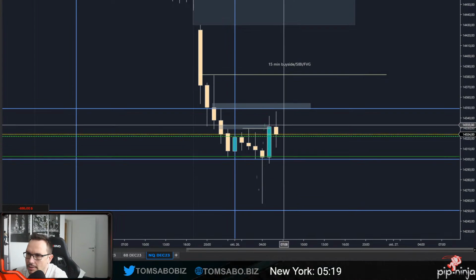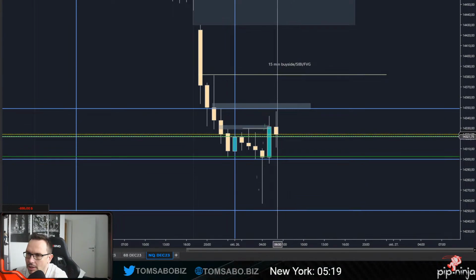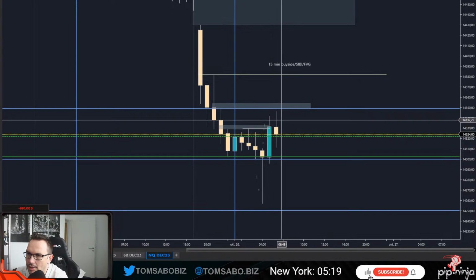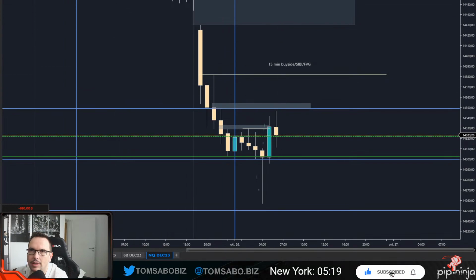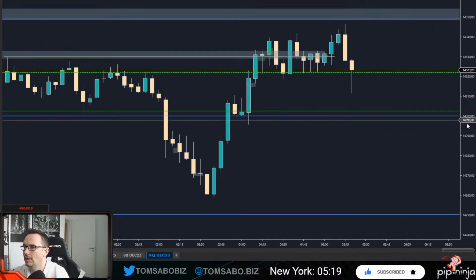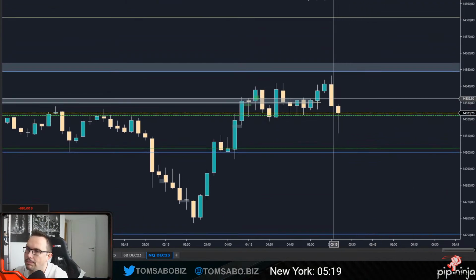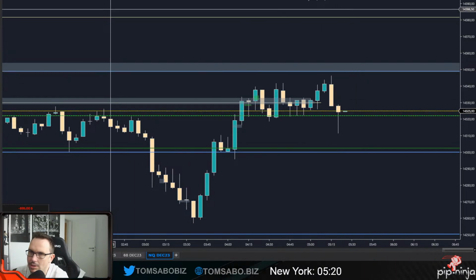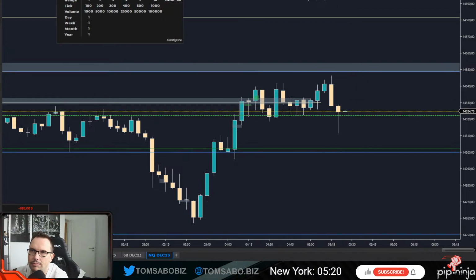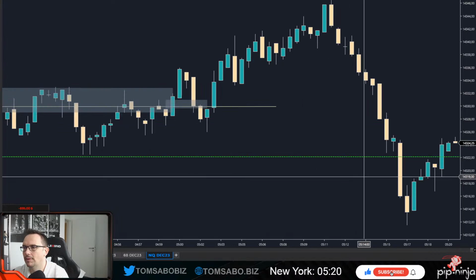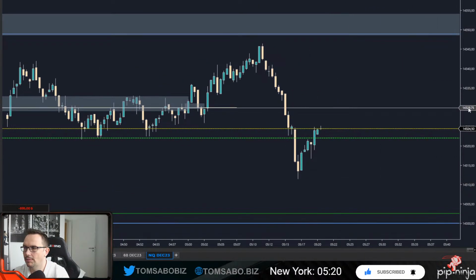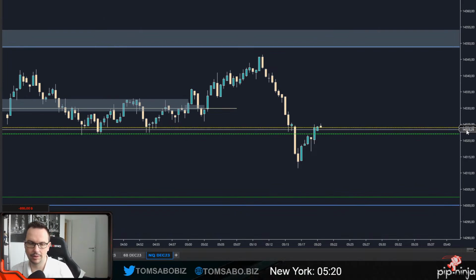The thing is that we're back to midnight open range. It didn't manage to go through. Let's go back to the 15 minute. Actually to the 5 minute. It didn't manage to pull it down to go through 49, but it looks like it wants to. Look at that. 30-second chart. For now, it looks like it wants to.